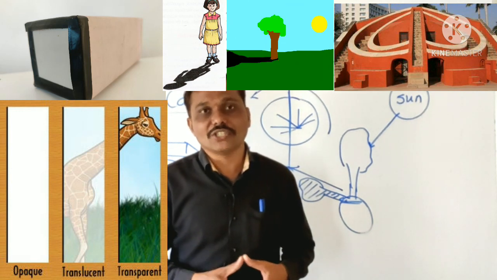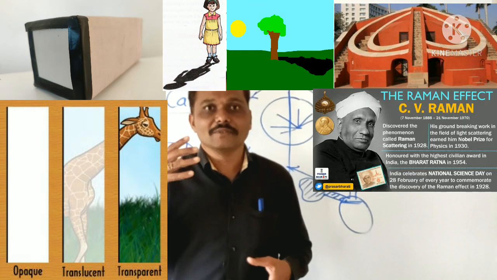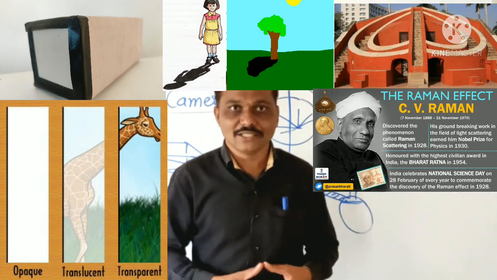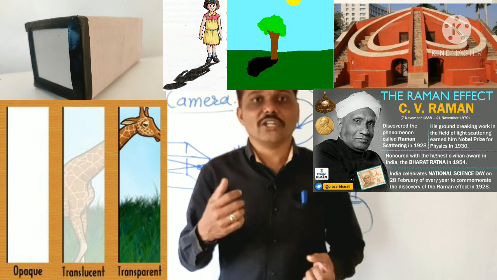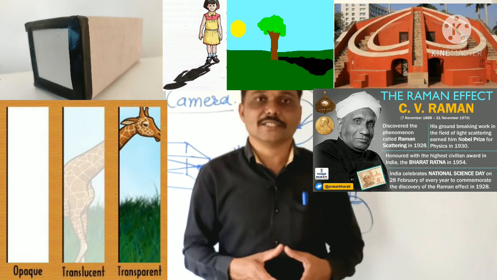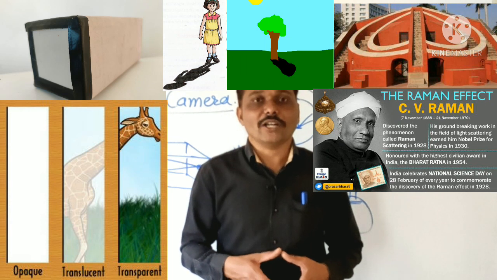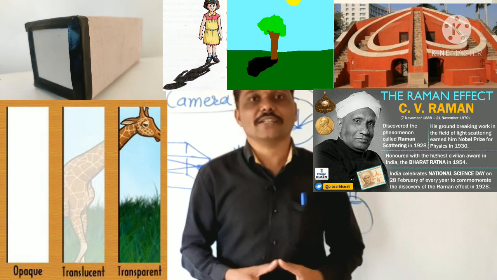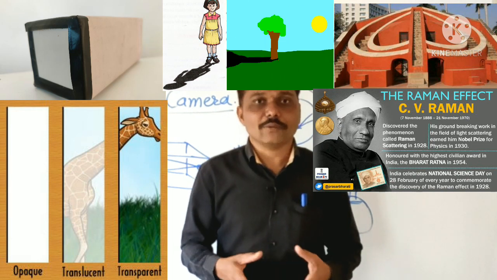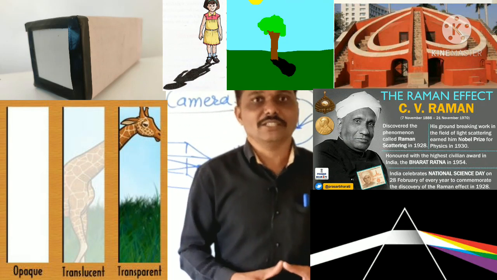After that we learned about Sir C.V. Raman. On 28 February 1928, Sir C.V. Raman presented his research about the scattering of light, also known as the Raman effect. For his work he received different prizes, the Nobel Prize, Bharat Ratna, etc. And since 1987, every year we celebrate 28 February as National Science Day. After that we learned about and experienced the scattering of light and the Newton disc.